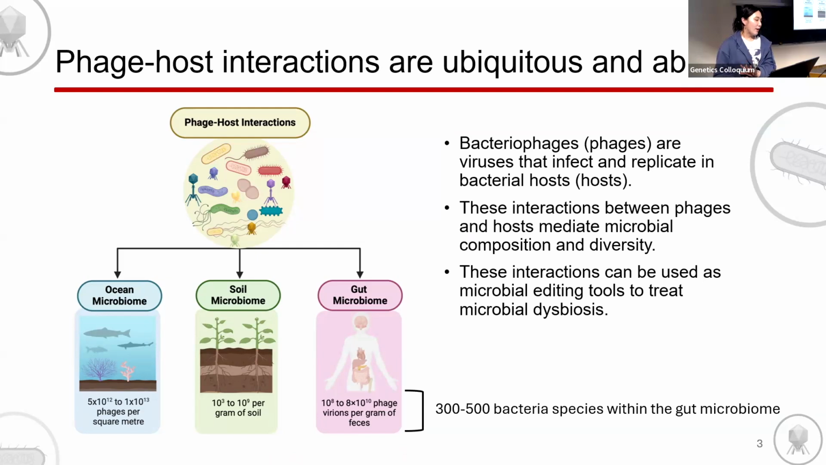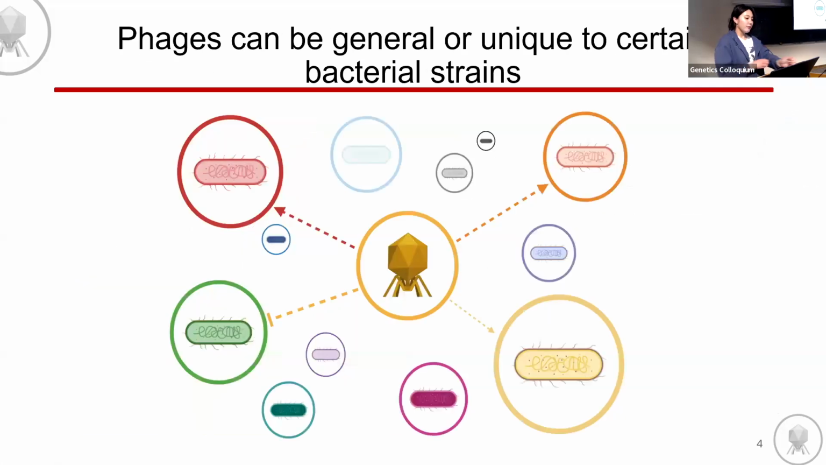An issue with this, however, is that there are many, many different kinds of strains of bacteria. If you can imagine, there are thousands of phages times 300 to 500 different kinds of strains. You could just imagine the infinite number of possibilities of host-phage interactions that are too complex to elucidate. Phages in general can be very general or unique to certain kinds of bacterial strains. So you can see in these lines right here, this means that a phage can directly infect and lyse the host. Or right here in this line, it shows that there could be some resistance or some sort of